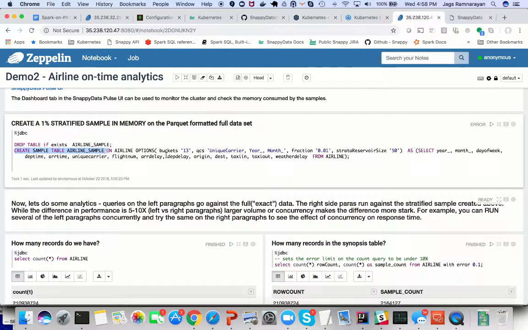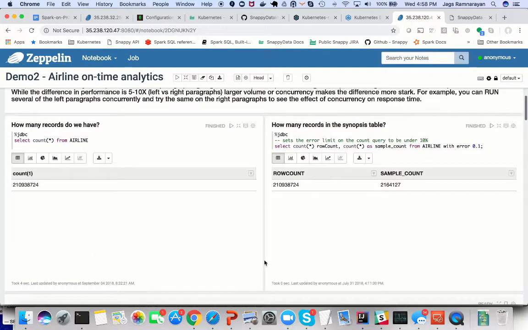So you create a sample table. In this case, I'm essentially stratifying it on these 3 columns, and I'm saying give me a sample that's just 1% of the full data set. And we supply access to the full data set simply using a subquery, where I'm saying, select these columns from airline, and as you probably noted before, airline is simply an external table pointing to a Parquet data source. And lo and behold, as you can see here, if I start running my queries,